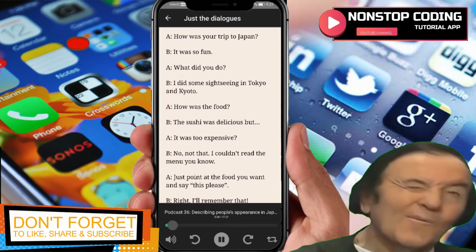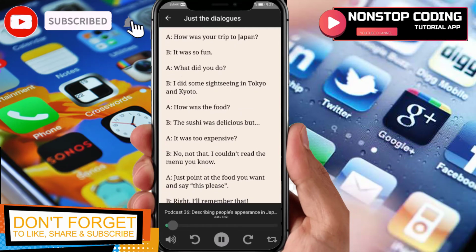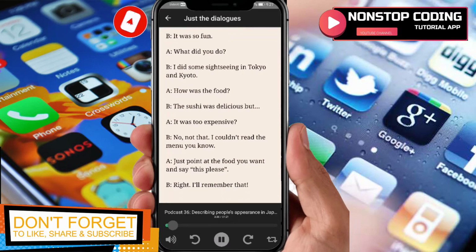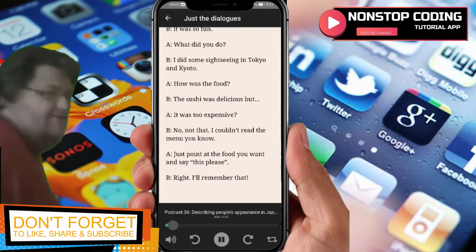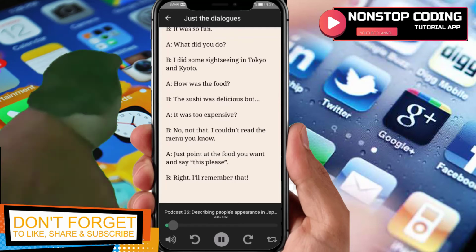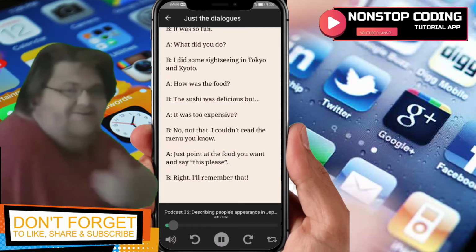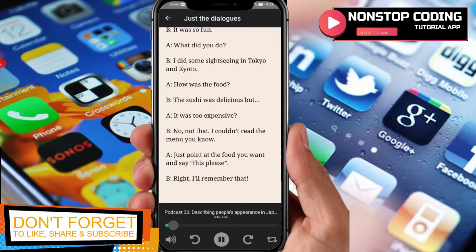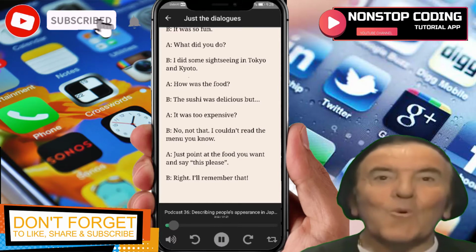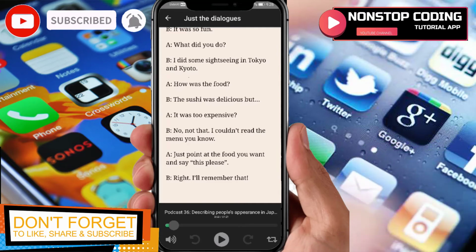And then the main dialogue, which is written in English, the translation, is going to look like this. How was your trip to Japan? It was so fun. What did you do? I did some sightseeing in Tokyo and Kyoto. How was the food? The sushi was delicious, but it was too expensive. No, not that. I couldn't read the menu, you know. Just point to the food you want and say this please. Right, I'll remember that. And then here, you can listen to the podcast to be able to understand and